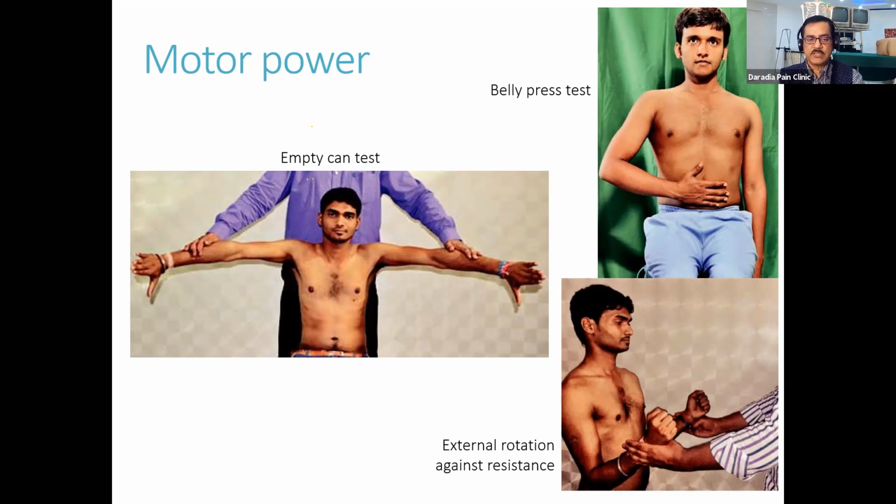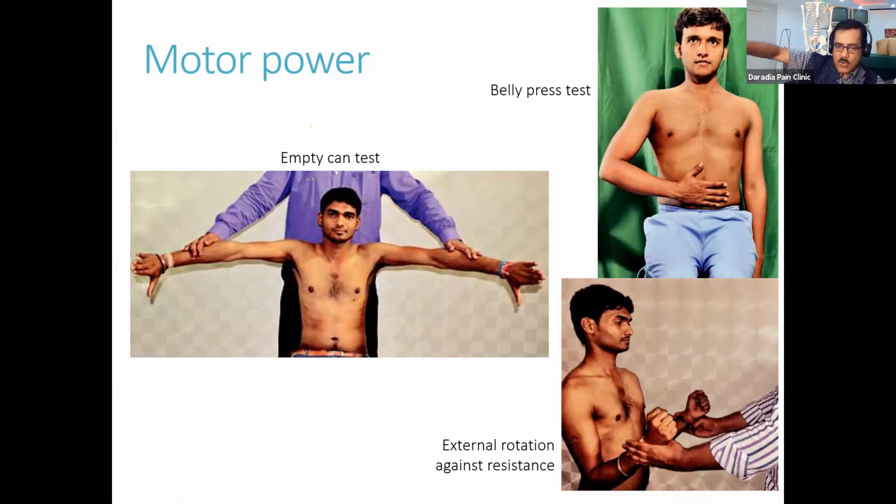One, in the picture you can see the empty can test. So what is the empty can test? Again, this is a very popular question in different multiple choice questions. In the empty can test, you see that we are trying to empty the can, like you are holding a bottle and emptying it. So how do we empty that? We put the thumb down. You are holding it and putting the thumb down, as if we have a can and want to empty it. So we are doing it like that.